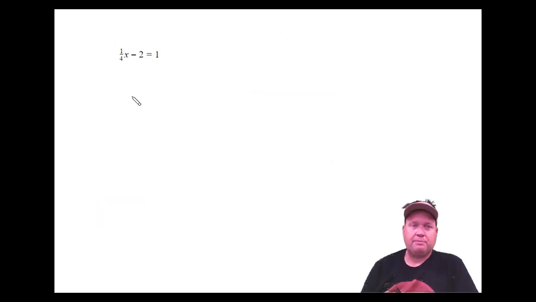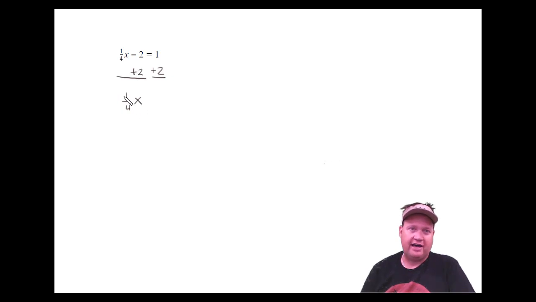Here's one last two-step equation for this lesson. The first step is always going to be the add or subtract steps. The first step we're going to do is to get rid of that minus 2, and the opposite of minus 2 is to add 2 to both sides. But the reason I include this is because it's the first time we've seen a problem look like this. 1/4 x, that's how that reads, or 1/4 of x equals, and 1 plus 2 is